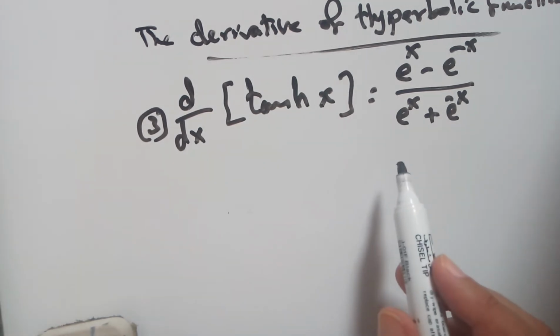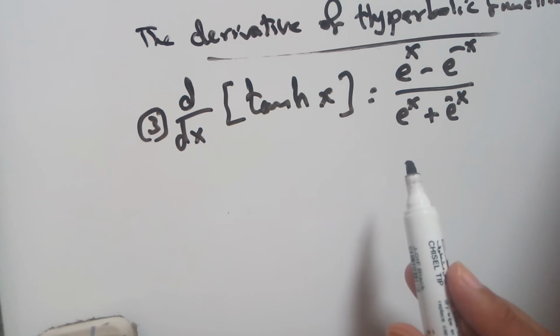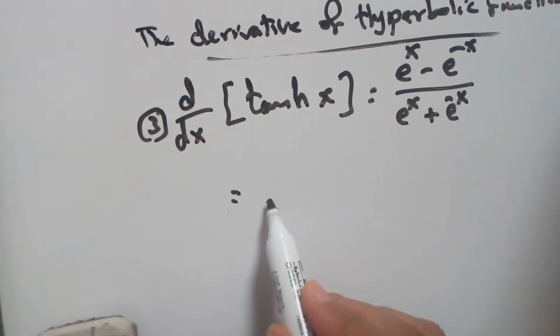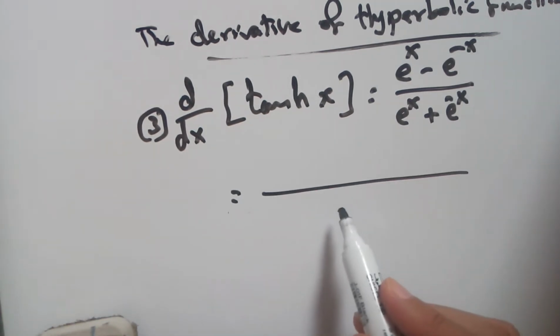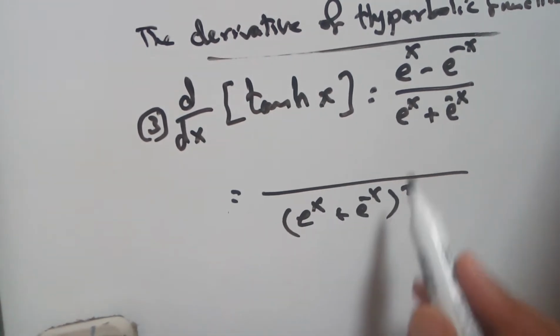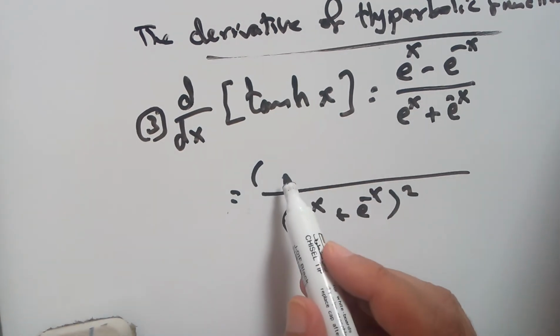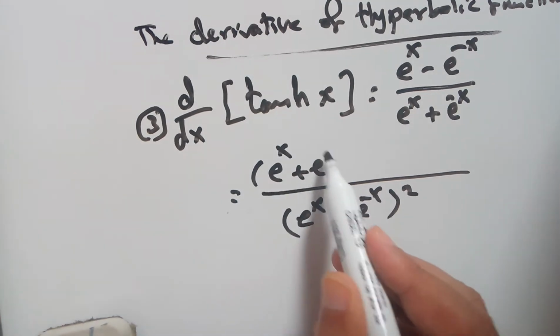Here you can get the derivative by applying the quotient rule. The denominator is e to the power x plus e to the power negative x all squared, and on top, the derivative for the numerator is e to the power x plus e to the power negative x,